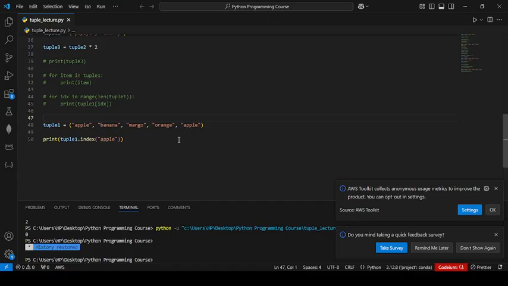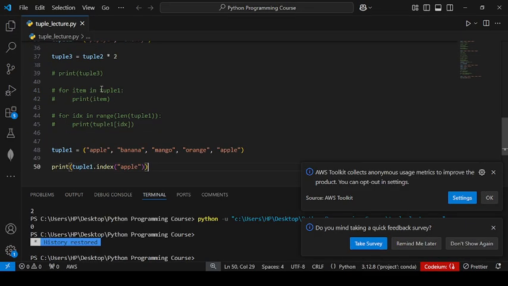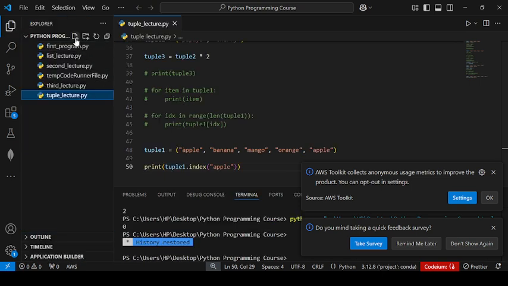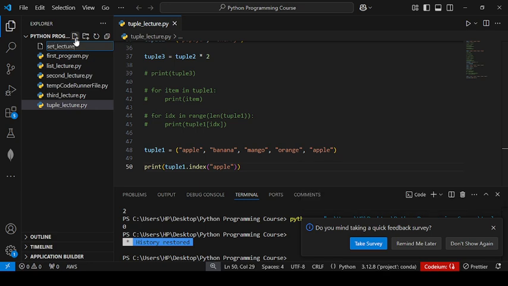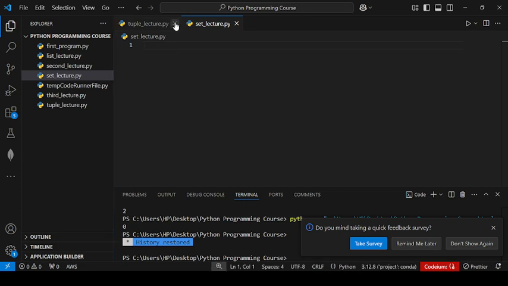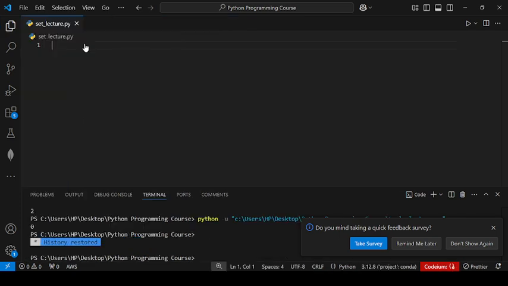First, I zoom in and create a file, set.py. Please write the .py extension. First I declare the set.